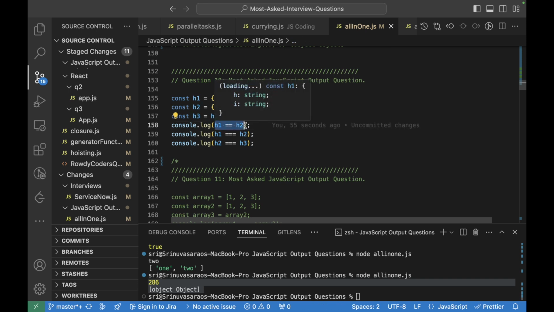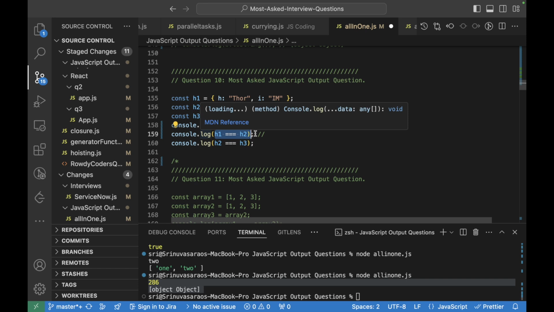When it comes to comparison of h1 and h2, the references are different, so it will give false here. And for this also the references are different, so it will also give false. And here the references of h2 and h3 are the same, so it will give true.